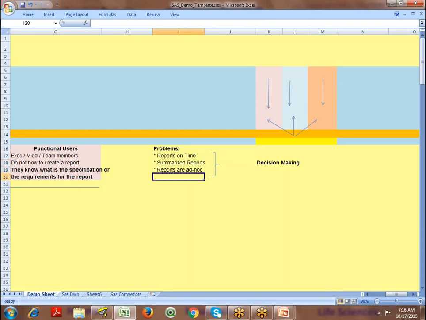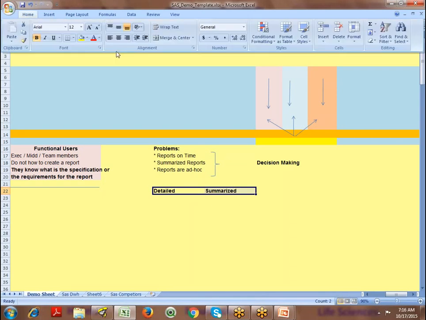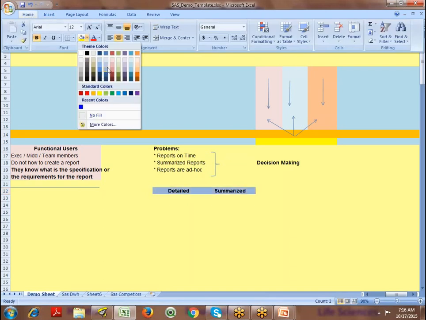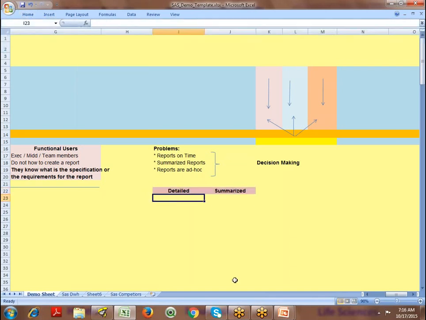Now, what do you mean by detailed and summarized? Let's understand the difference, which is what we generally do with the SaaS software. Whatever input data you get is detailed data.